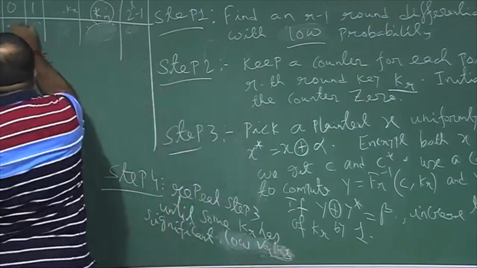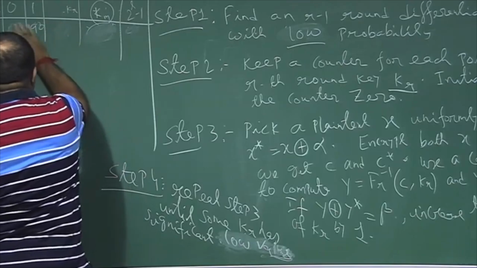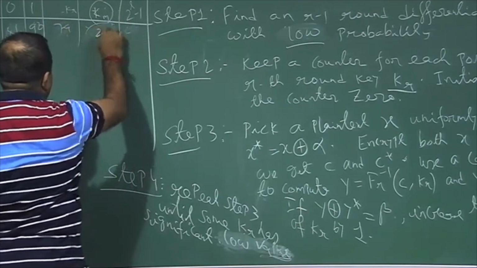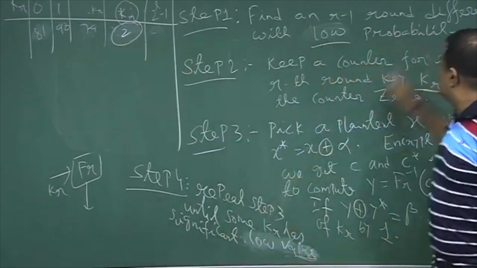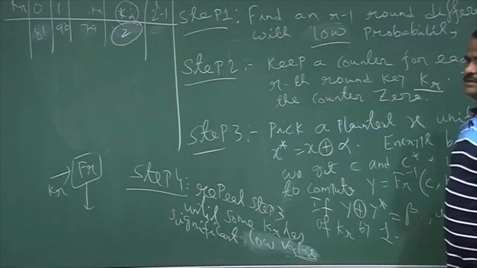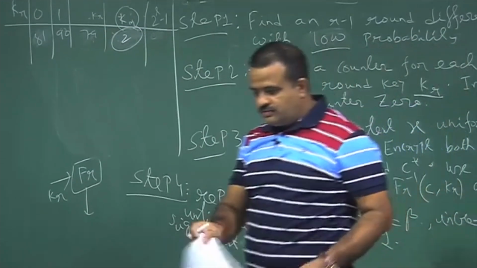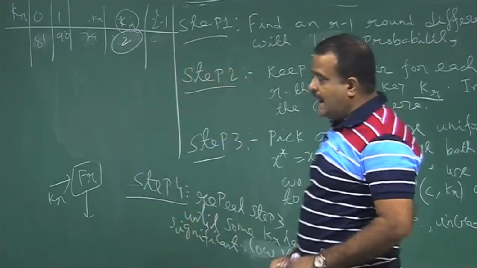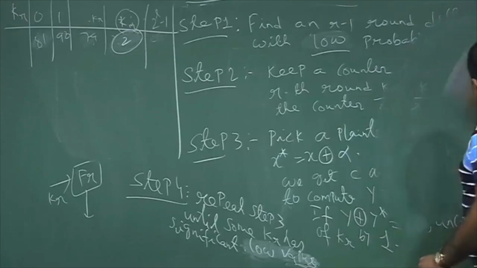That means, say all are 50, 90, 81, 90, 79, and suddenly one value is say 2, then 2 is the one, because we have this low probability for this. So, this is the version of impossible differential attack which was introduced by Biham in 1999, and differential cryptanalysis